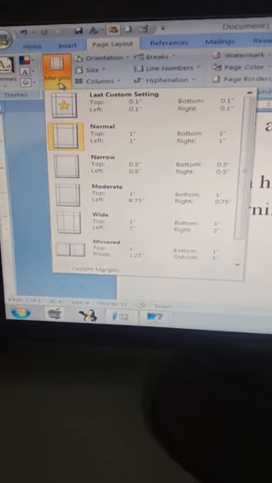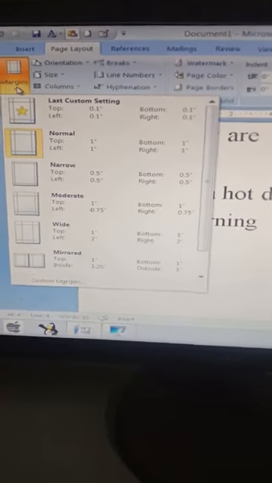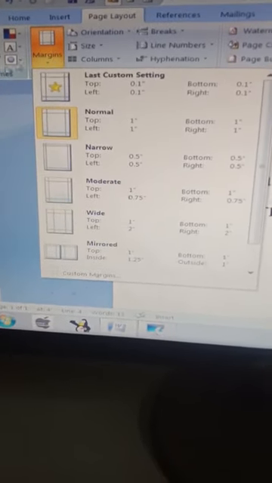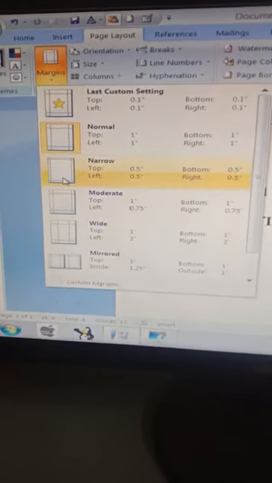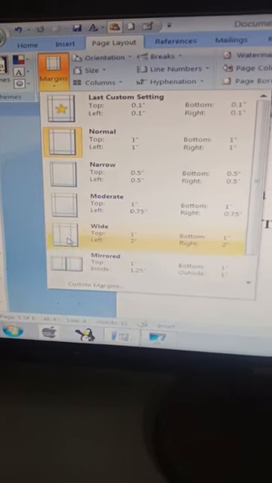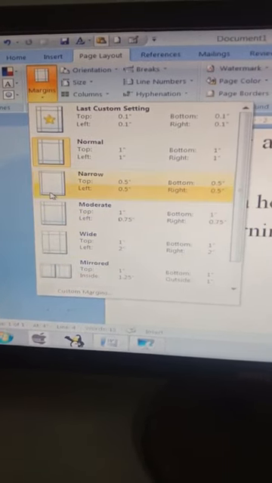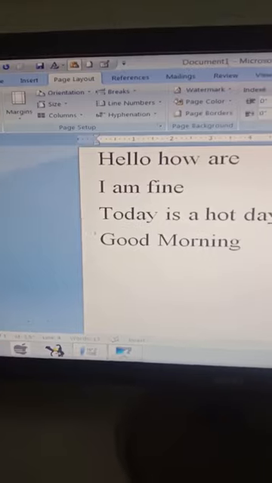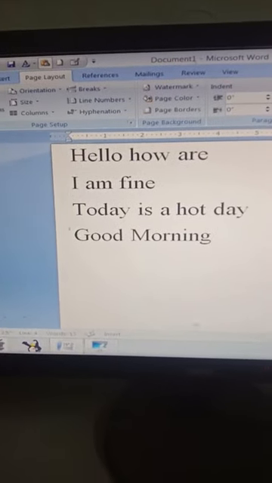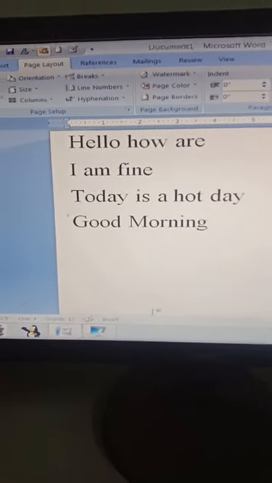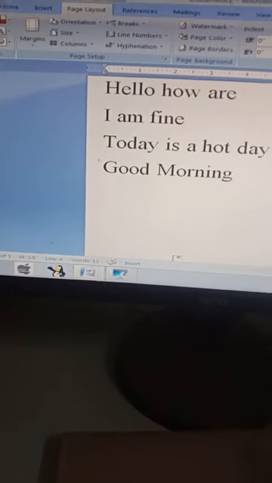Whatever margin you want to apply, you can apply accordingly. Suppose I have selected narrow, and my document got converted to narrow margin. So this is narrow margin.